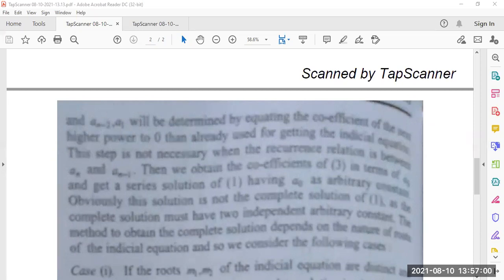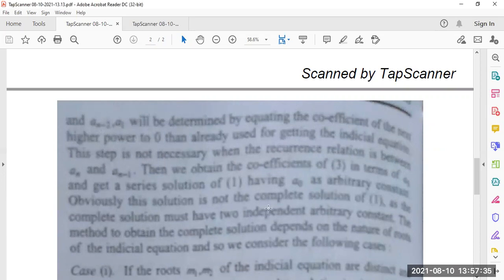So after solving this, we got the two parts of this equation. Two arbitrary constants will be there because, as it was a second order ordinary differential equation, we know the order of the differential equation. After solving that, we have got that many arbitrary constants. As it was second order, but here we are getting only the a0, so it is not a complete solution. So here Frobenius has given some problems.